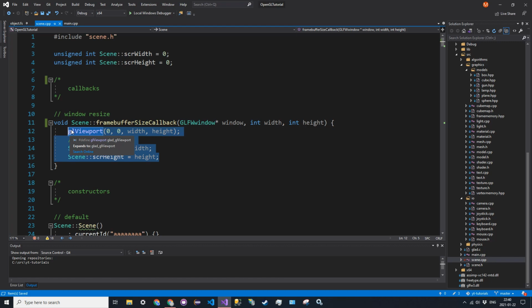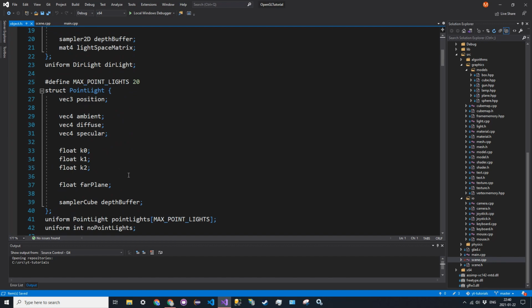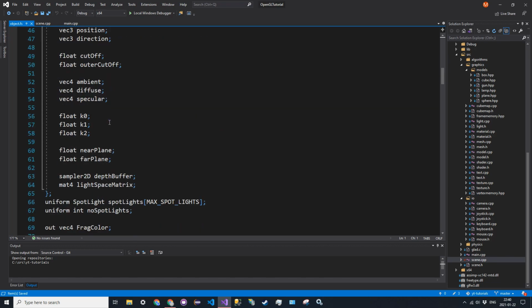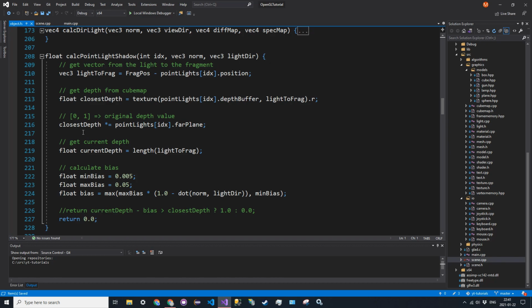But before that, we'll just be going through the last part of the shadow mapping code. We'll be doing PCF with point lights this time, and then we'll be working on a few improvements of the other lights and just cleaning up a few pieces of the code here. Alright, so we will start in object.fs in the calculate point light shadow function, and for our PCF here,